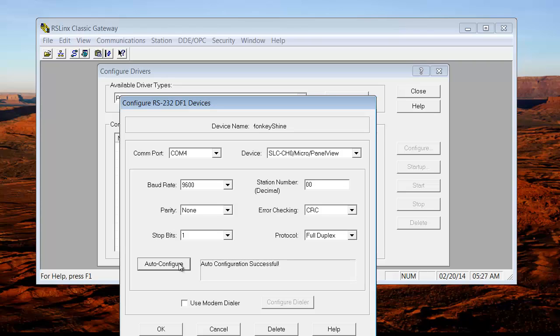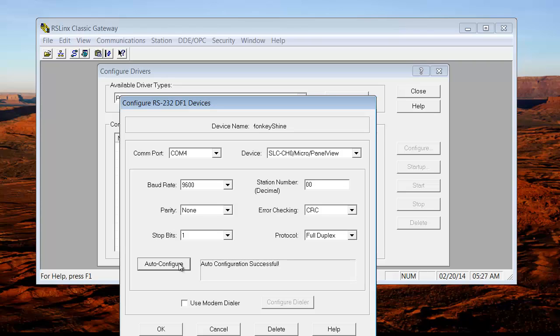Now, in the early days, when I saw this, I jumped out of my chair and did a jig, did a little dance around the workbench, and acted like I was pretty hot stuff. Well, once you've done this a couple hundred times, the blush goes off the rose, so to speak. In other words, it's not as sweet as it used to be. If you've ever had trouble communicating with a PLC or getting connected, then you can really appreciate auto configure and